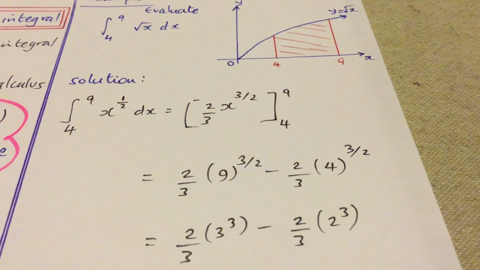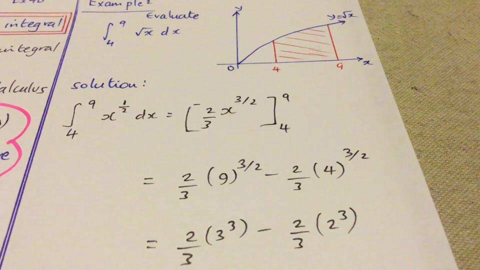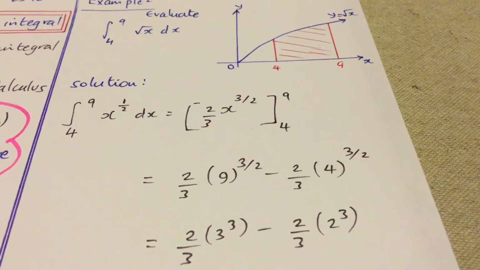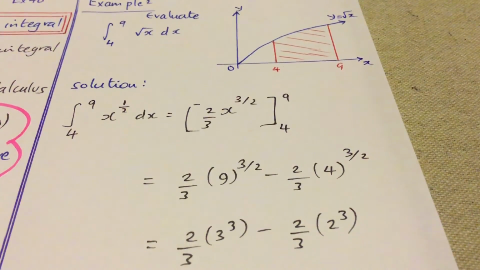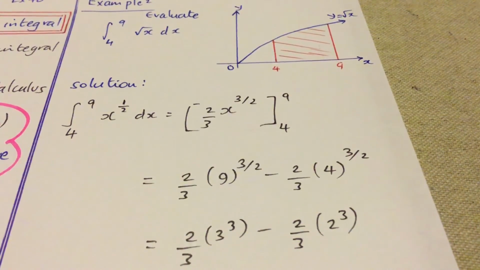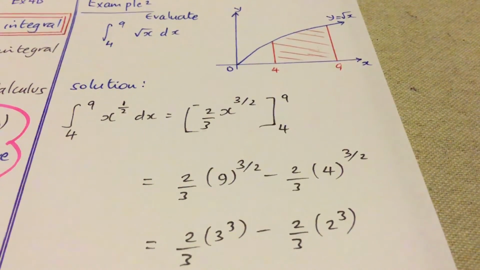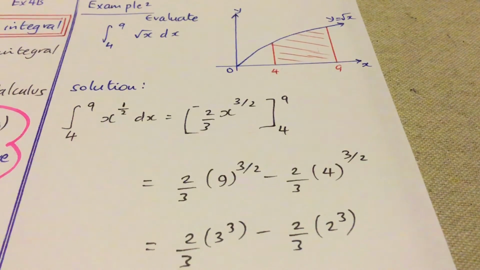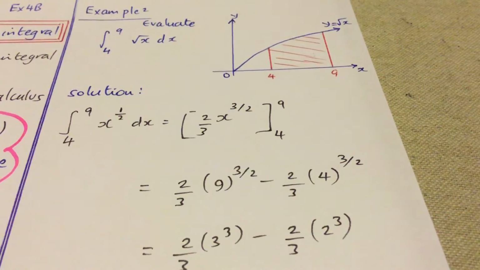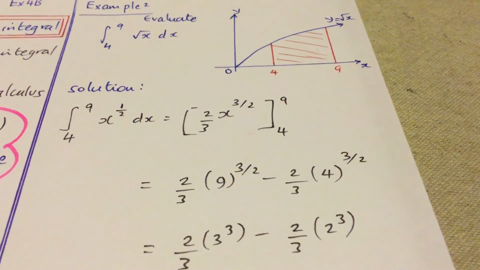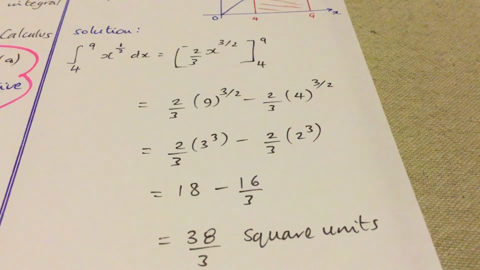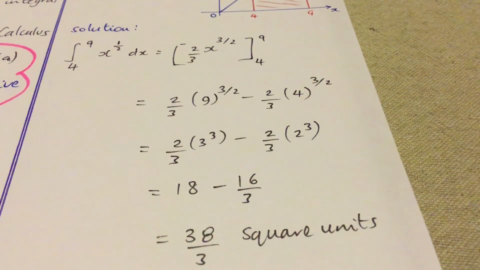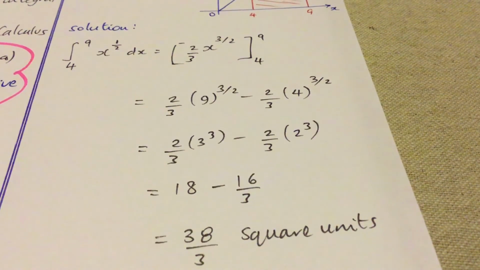So how do you evaluate 9 to the power of 3 over 2? That means square root of 9, cubed. Square root of 9 is 3. 3 cubed will give you 27. And same for 4 to the power of 3 over 2. That's square root of 4, cubed. Square root of 4 is 2. 2 cubed is 8. So when you simplify these, you'll get 18